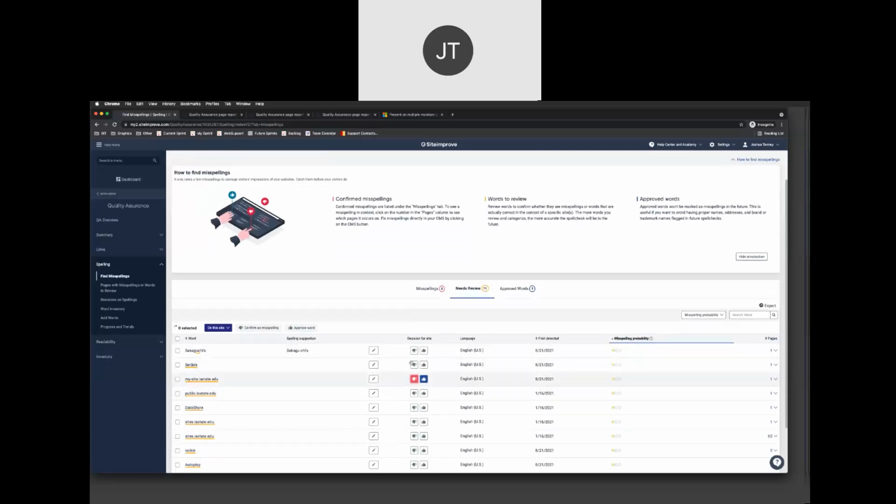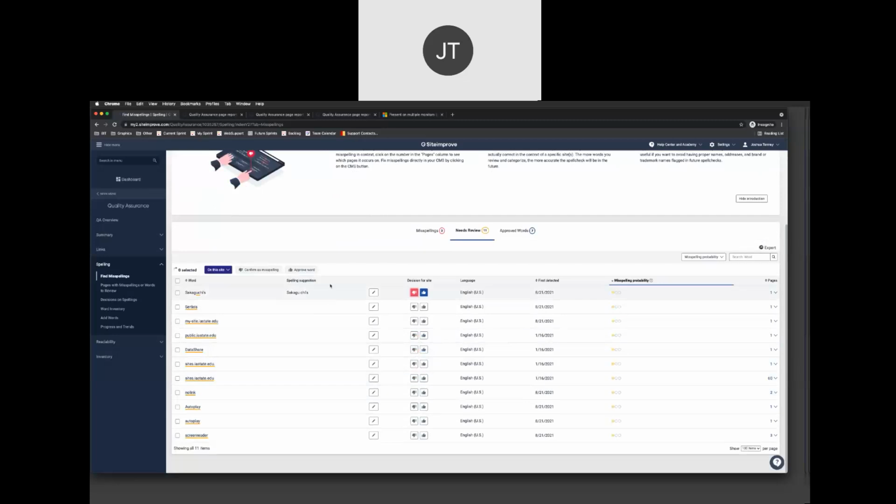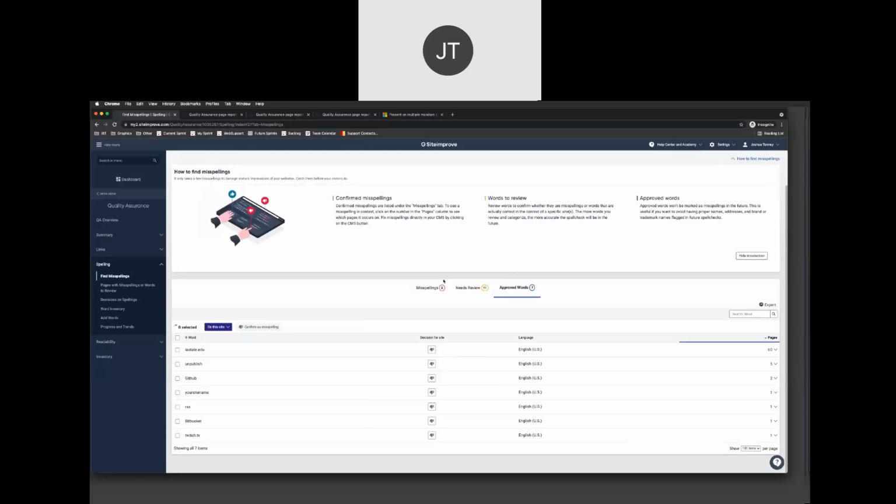So as you can see here, we've got several names, a few other URLs, things like that, that I can go through and approve and clear out this queue of words that need review. And once you've approved a word, it will appear here. So if you accidentally approved a word, or if you approved a word that should no longer be in use, you can go over here and see what those words are. You can remove them and say, no, we don't want to approve those on the site anymore, so that it begins flagging them again for the future. That is basically all there is for the misspellings.